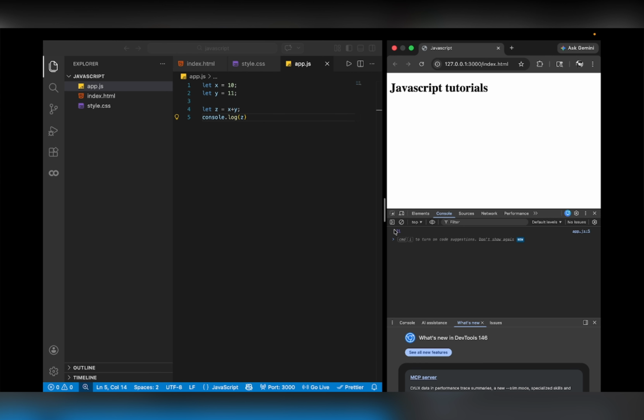So here you can see 21. Now another one is subtraction. When you want to do subtraction between two variables, you can do it using the minus sign. So x minus y is -1. Another is multiplication, 110. Similarly, we have division,